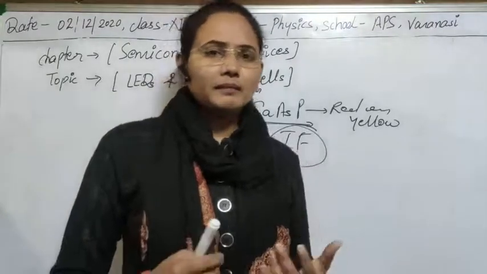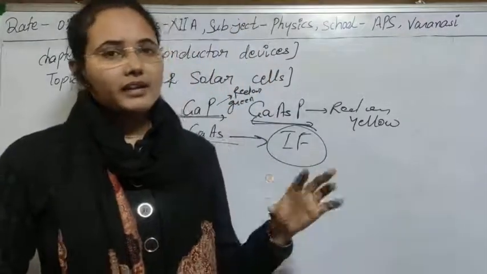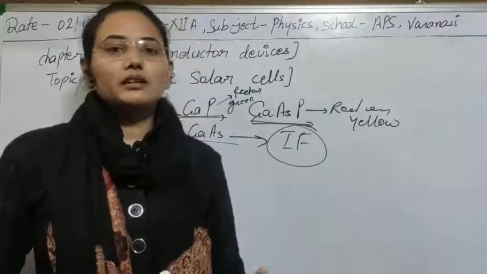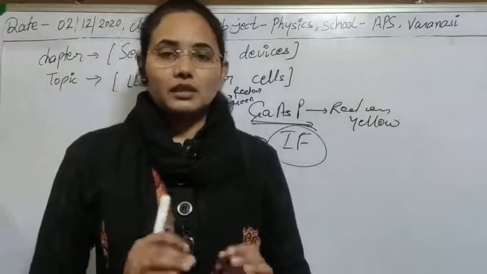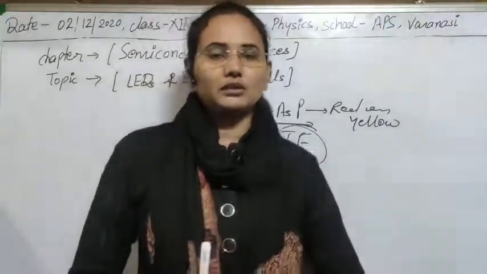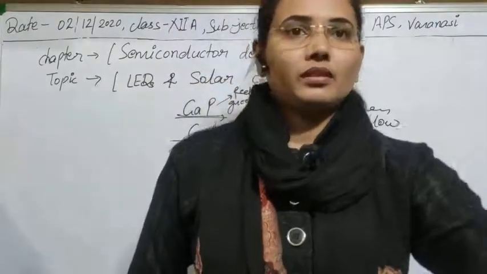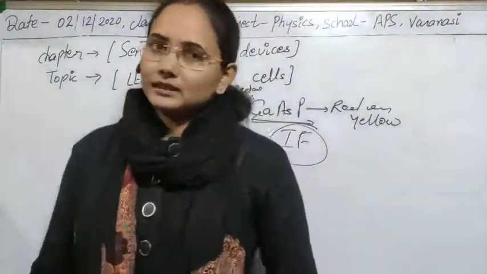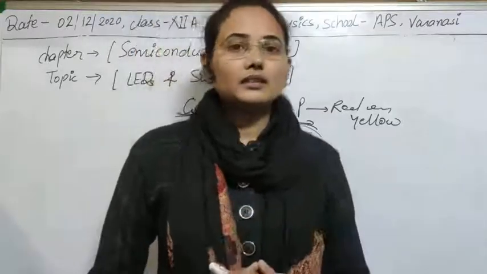Otherwise obviously there will be no emission of light while we are using it in reverse bias, and even if we have connected it, then due to low breakdown potential it will be destroyed. So that's why we don't have to use it in reverse bias. Strictly we have to use LEDs in forward bias. I think you have understood the reason here why we are doing so. So I think the process of LEDs is totally clear,